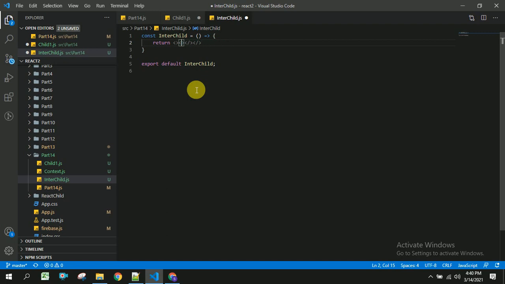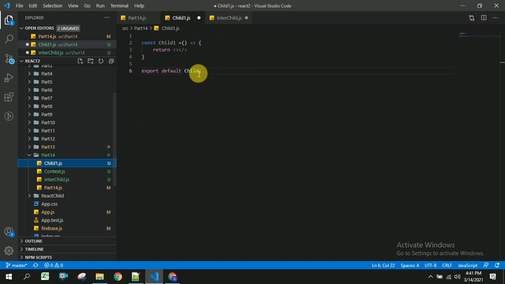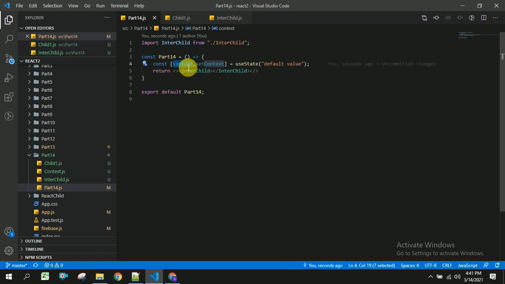I don't know why IntelliSense is not showing here. Child1. We have to export child1 here. So that's it. Now I am going to send some data to this by using props.